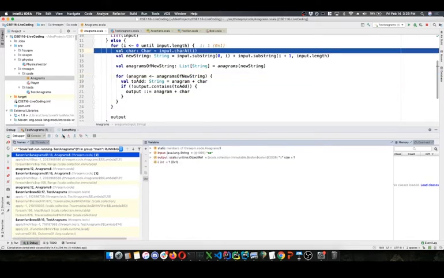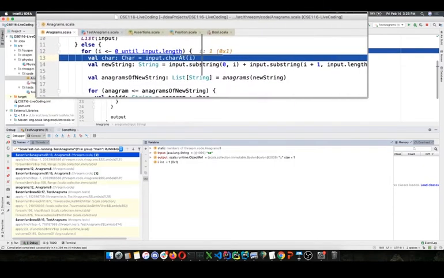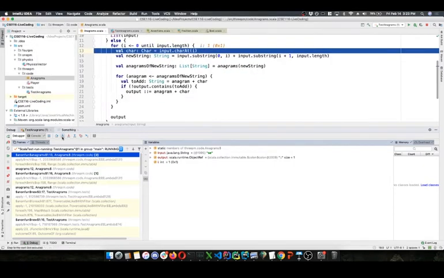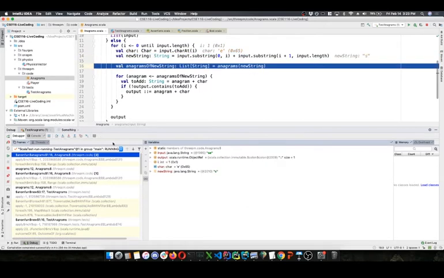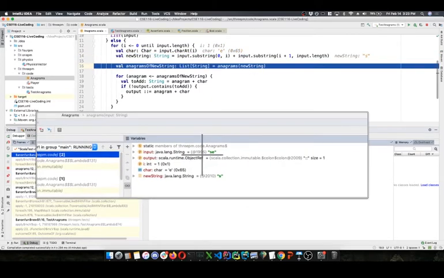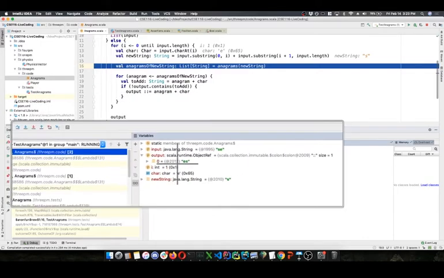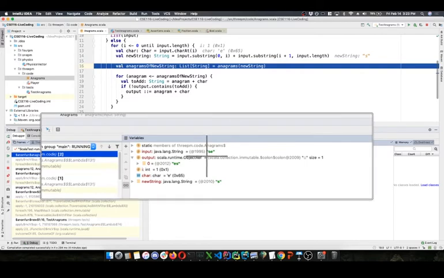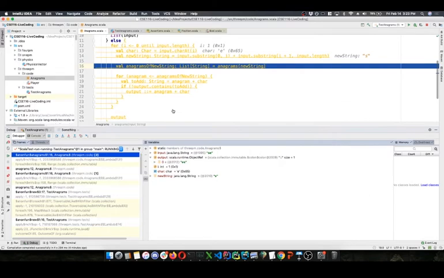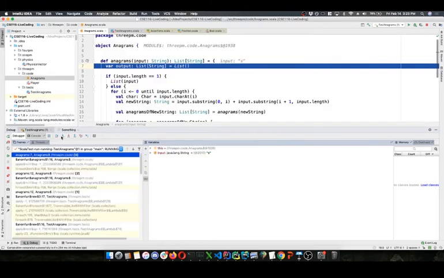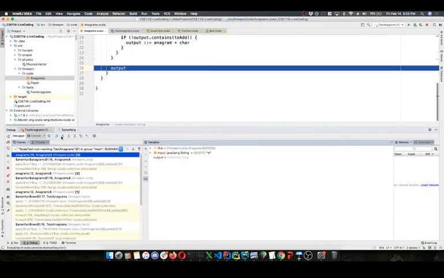End of that iteration. And now we're at the next iteration of this loop with I equals 1. Now we're going to remove that character E from our input SE. We removed S, had E, and got that in our output list. Here's our output. Let me expand that. And we got ES in there. Now we're going to remove the S, have a recursive call to E, and end up appending S to the end of that. So let's make sure that execution is going the way we expect.